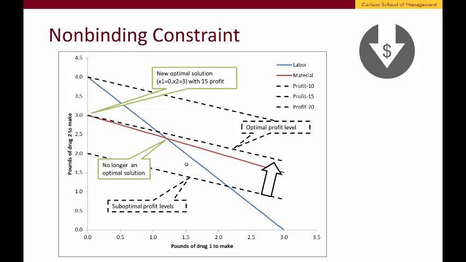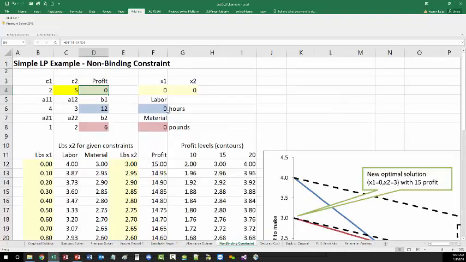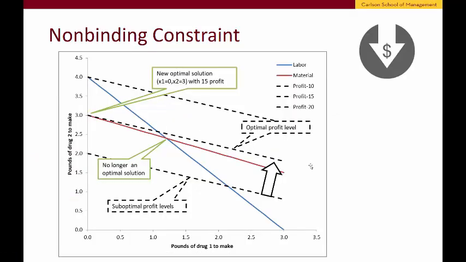chart also copy pasted here on this slide, and we'll notice that the drug 2 marginal profit was further increased to 5. Right here, non-binding constraint sheet further increased to 5. Looking at the chart either here or on the slide, you can see that the profit contour lines have significantly changed their tilt upward again, like you're lifting them up by the right side, from the original ones that had relatively pronounced slope to the ones that are more flat or shallow,